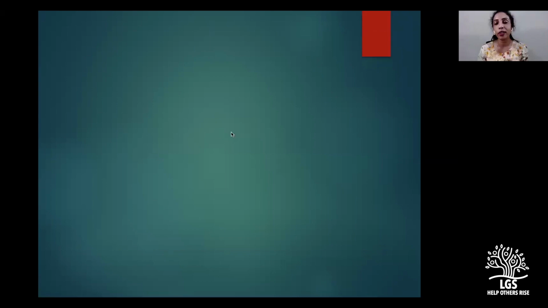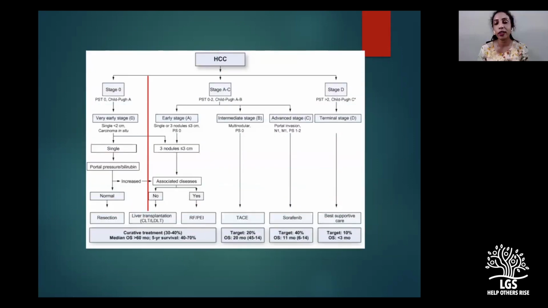We all know, this must be hanging in every department, the BCLC staging. I'm not going to go into the details of the BCLC staging, but for the sake of juniors who are attending, I apologize to the seniors in the group who might feel this is very basic. TACE is predominantly done for intermediate stage HCCs as far as the BCLC staging is concerned, but we also offer it as a bridge to transplantation. So it's not necessarily the intermediate stage. Sometimes we can also